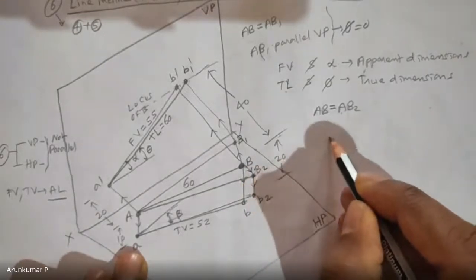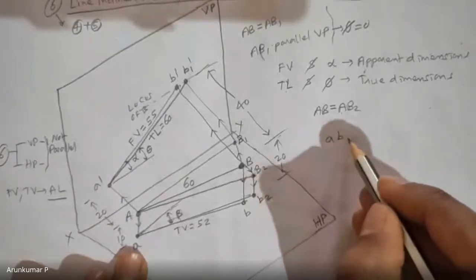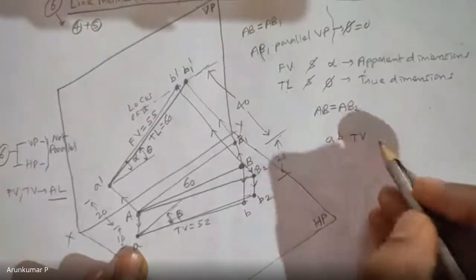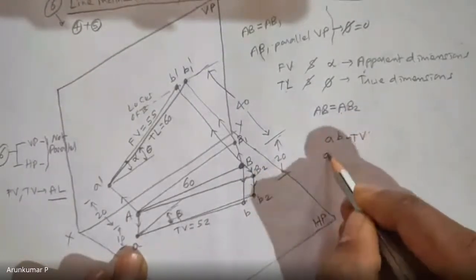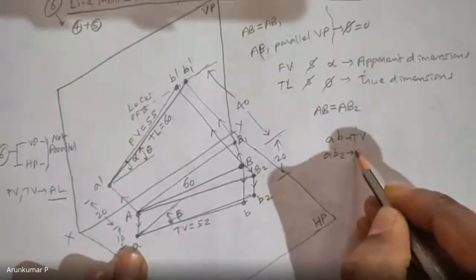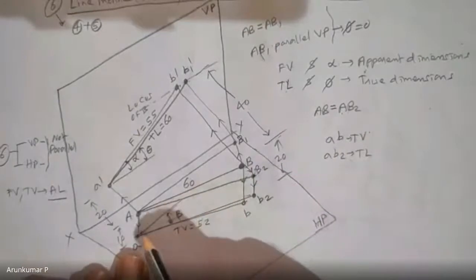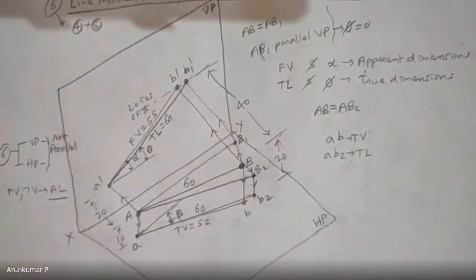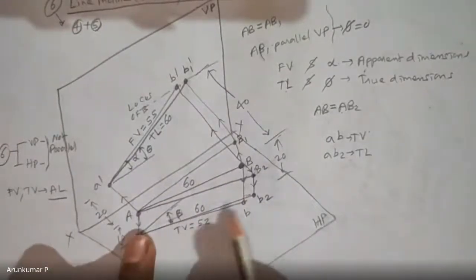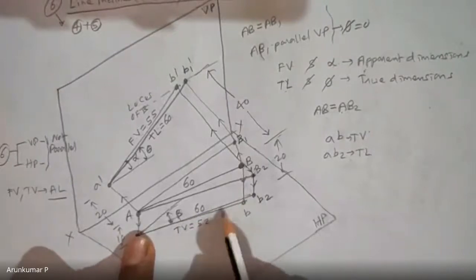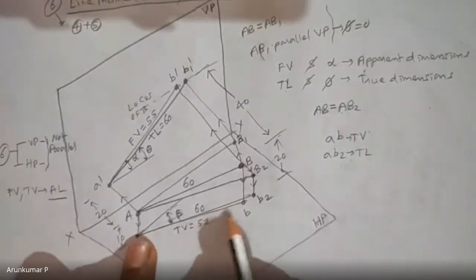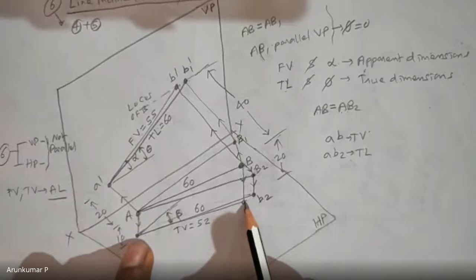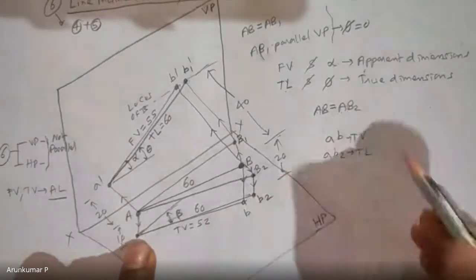Okay. Now, please observe this. Small ab I call it as the top view, and AB2 I call it as the true length. Now, how do I say that AB2 is the true length? You can measure it, it will be 60 mm. And you can see there is not much difference between the top view and the true length, hardly some 6-7 mm. So, true length line is AB2 and the top view apparent length line is ab. So, that is what I have highlighted here.